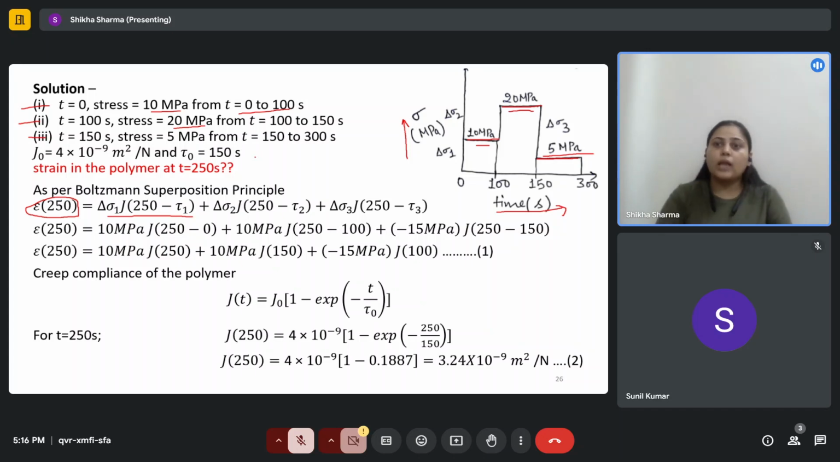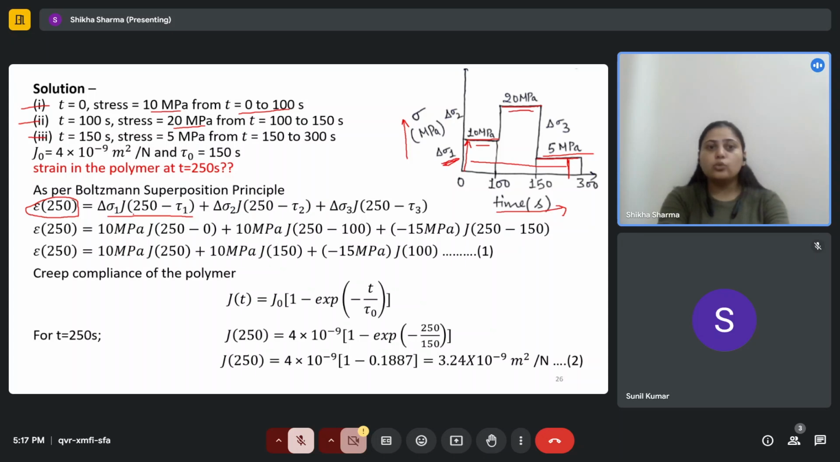Like strain, we are calculating at 250 seconds, which will be somewhere here, right? So it will take into account this whole history. So strain at 250 seconds is nothing but the change in the stress, delta sigma 1, in the first condition. From here to here, how much it has changed, multiplied by the creep